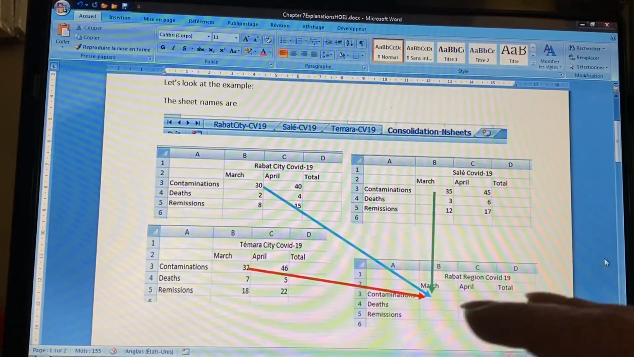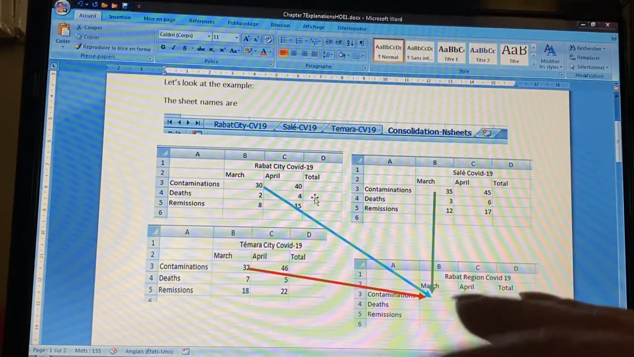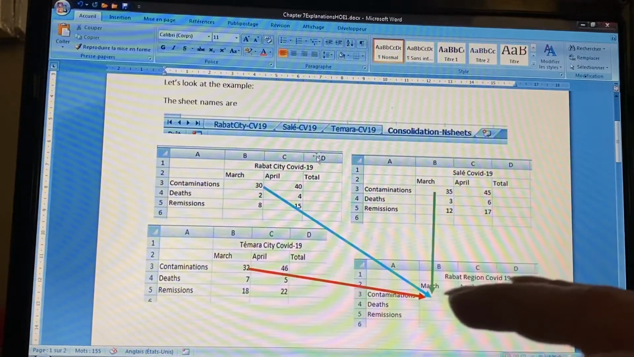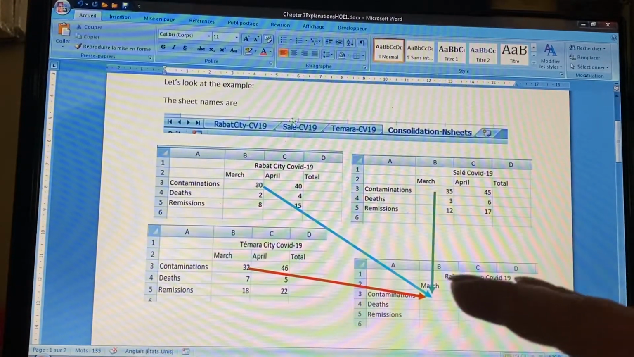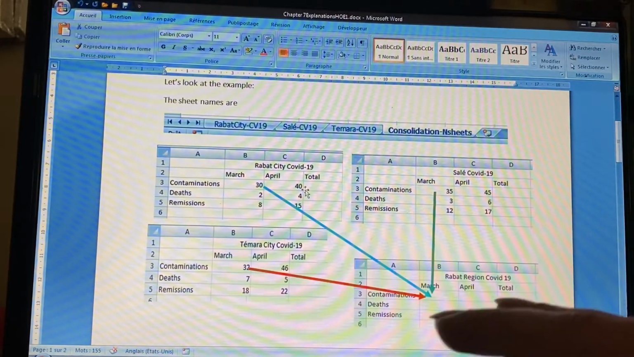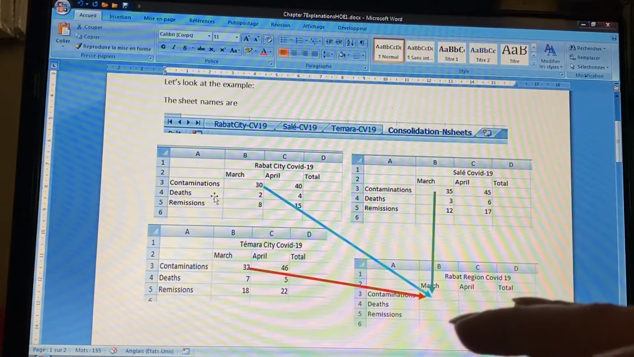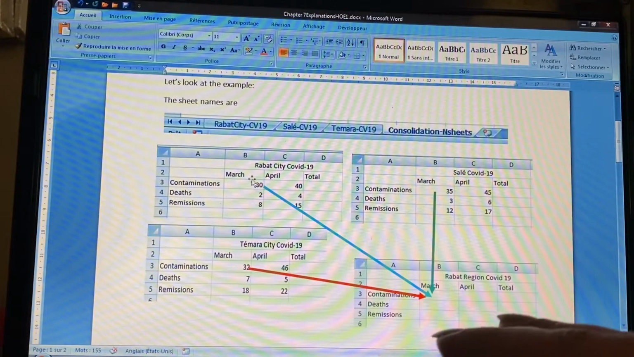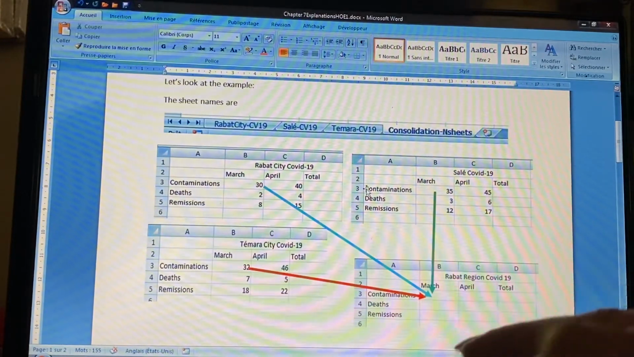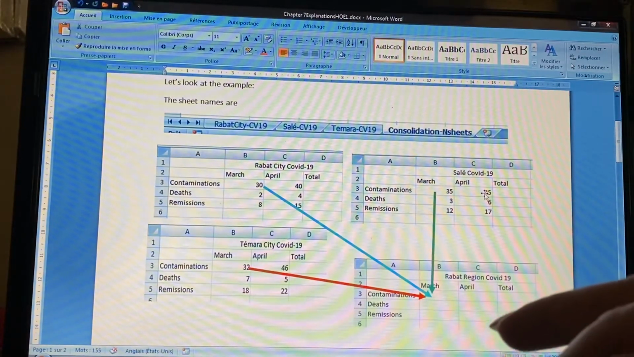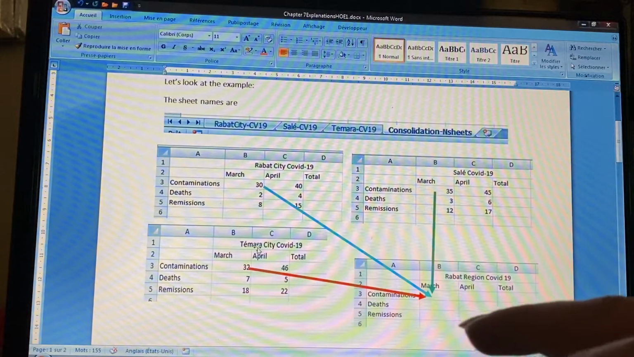As you see here, I don't want to use my hand too much because with the camera it doesn't work that well. Okay, so here I have the data concerning Rabat City, and that's the name of the worksheet that I created in Excel. So I have the data for March and April, the contaminations, the number of deaths, and the remissions. These are fake numbers, guys, okay? I just made them up. I have March and April, and I didn't calculate the total yet. Same thing for Saleh, same table, but with the data for Saleh. Okay, and then Temara City,